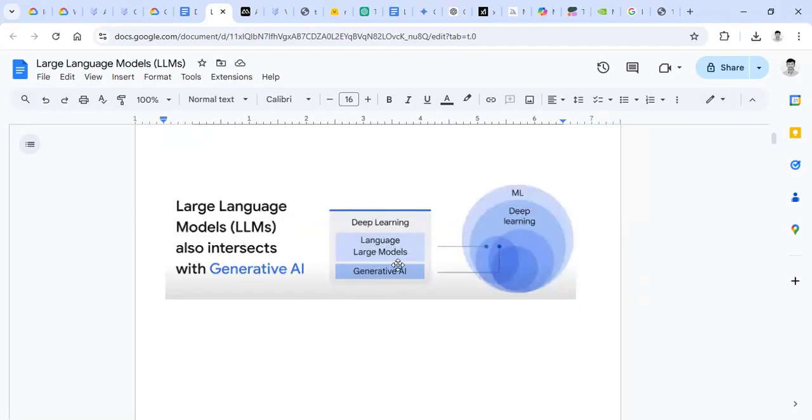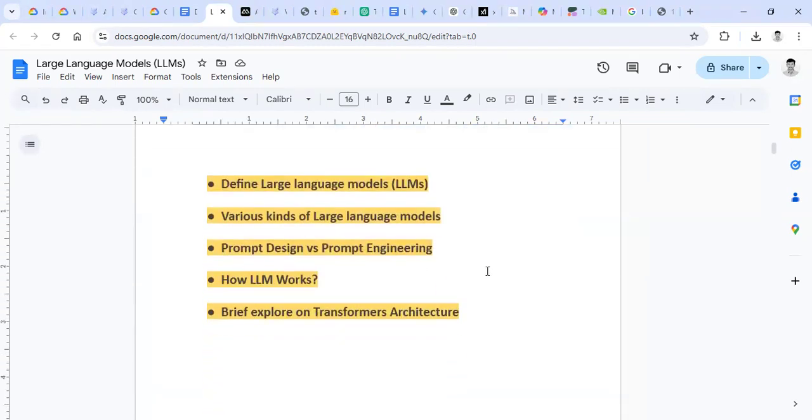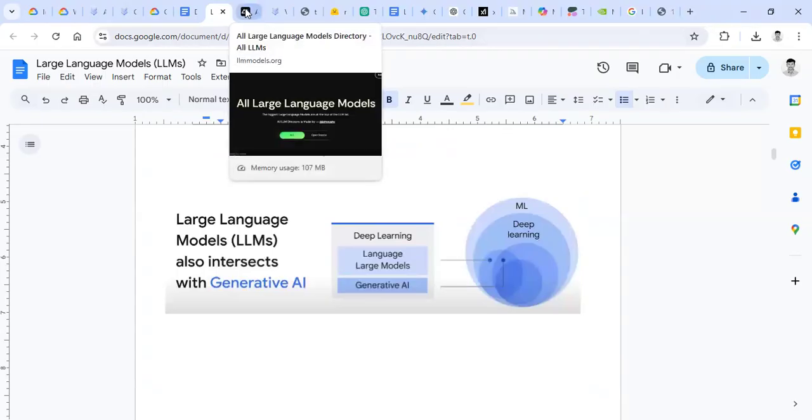Okay. So, in this video, we are going to discuss how to define large language models, the various kinds of large language models available, prompt design versus prompt engineering, how large language models work, and a brief exploration of the transformer architecture. Okay. So before diving into large language models, we'll just have a look at the available